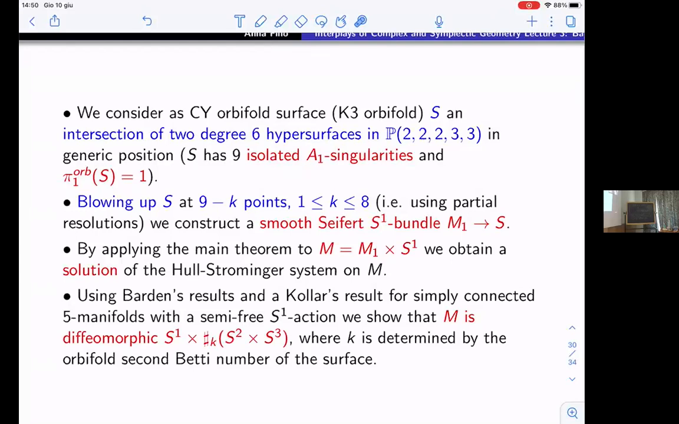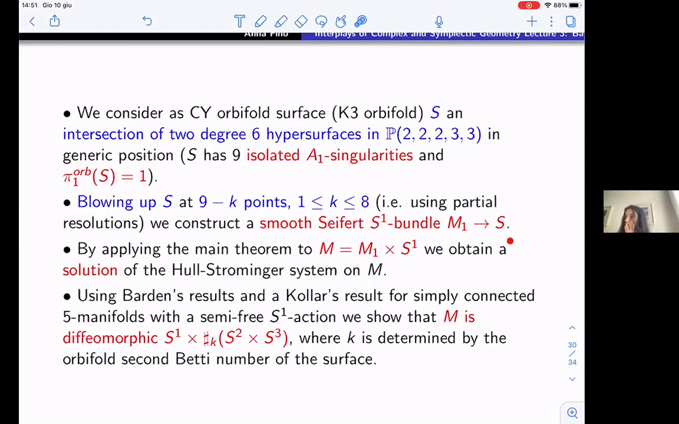Okay, so we will start with this explicitly. We apply the construction to a very simple orbifold surface in this way. So let's consider the weighted projective space, okay? And the intersection of two degree 6 hypersurfaces in it, which are in generic position, is a very simple situation. I mean, it has singularities, but as an orbifold it is quasi-smooth, so it is almost smooth, let's say. And the nice thing here is that everything in some sense works: this type of orbifold has isolated A1 singularities. This is the Du Val classification of singularities, but essentially it means that locally you have something like C2 over Z2, and then using the blow-up of this orbifold at 9 minus k points,